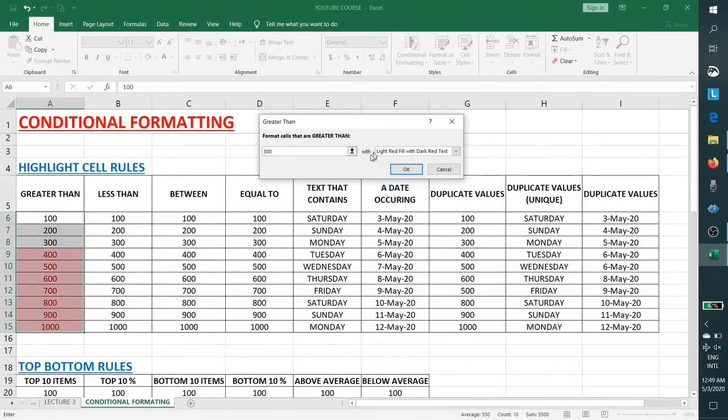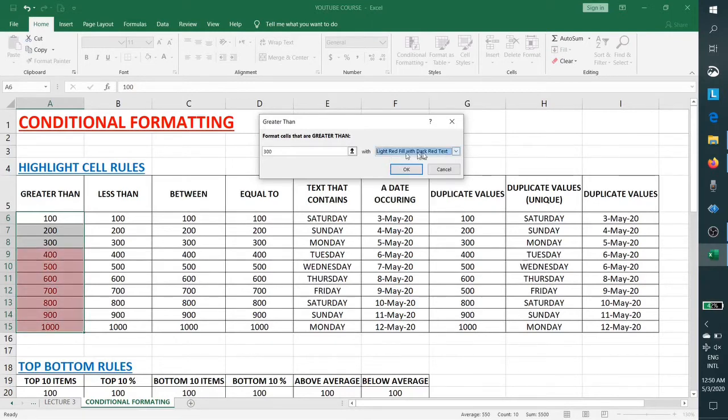And what about the color? Light red fill with dark red text. So you can see light red is on the cell color and dark red is on the text or on the numbers. You can change this from this option, yellow, green, or you can do anything here, only text or only border, whatever you want to do.